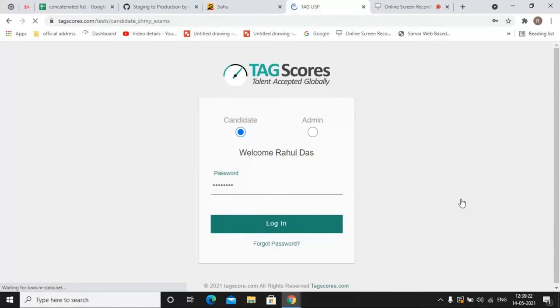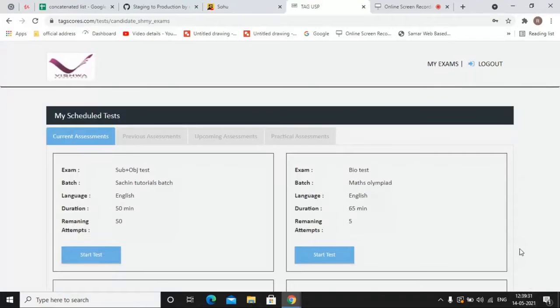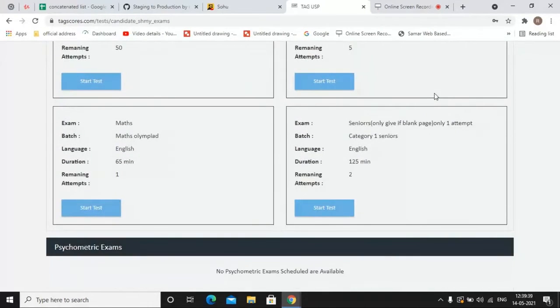At the time the exam is scheduled, like my exam was scheduled at 12:40, my exam will be seen at 12:40 only. So when it is 12:40, I will just refresh my page after login and my test will be visible over here.